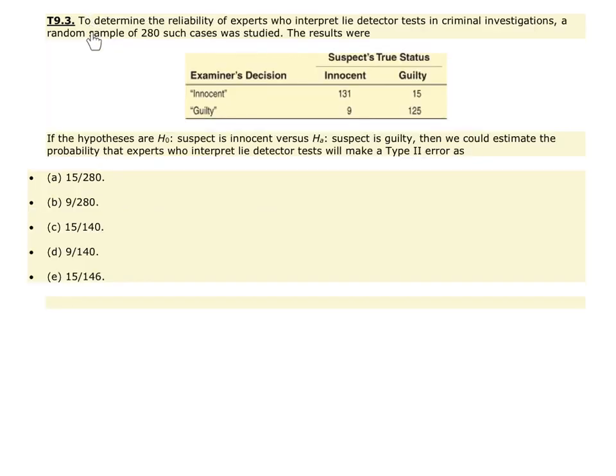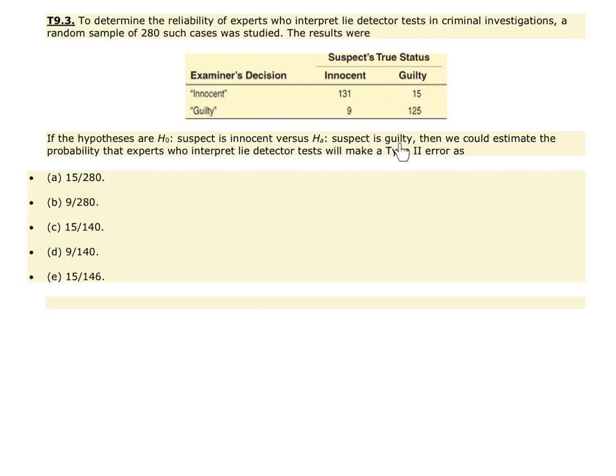Number 3, to determine the reliability of experts who interpret lie detector tests in criminal investigations, a random sample of 280 such cases was studied. The results were as seen here. So the examiner's decision if they were innocent or guilty, and the suspect's true status in terms of innocent or guilt. Here's the question. If the hypotheses are H sub O, a suspect is innocent, versus H sub A, a suspect is guilty,